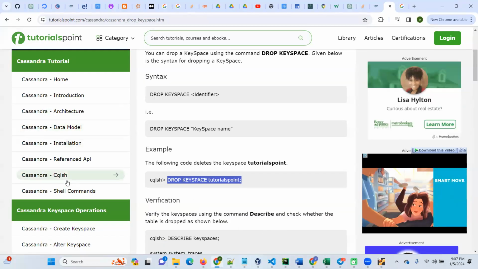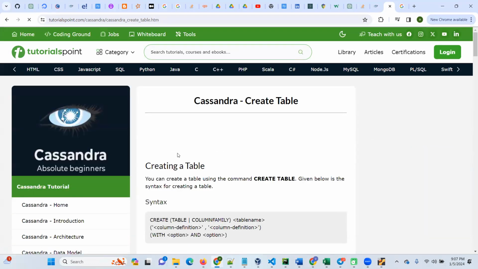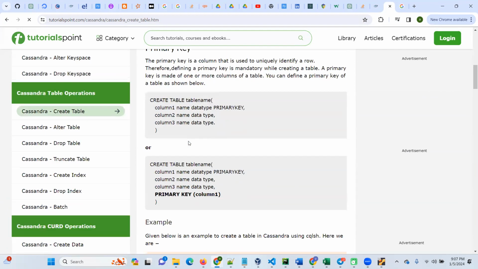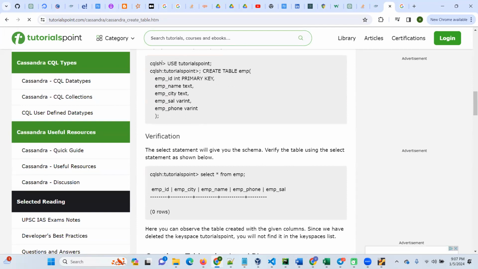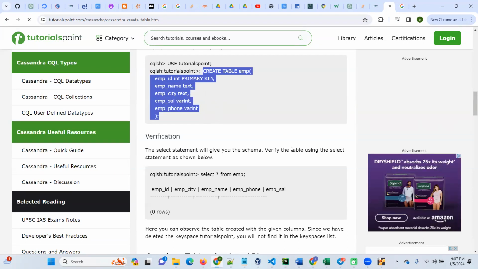Next we come to create table. Now we have a keyspace, and I want to create a table in the keyspace. So there is a create table. The create table syntax is the same as the SQL syntax. First we do the use command to use the keyspace. We are already there, and we have a simple create table command. But here in the create table command, you have to say the ID is an int primary key,